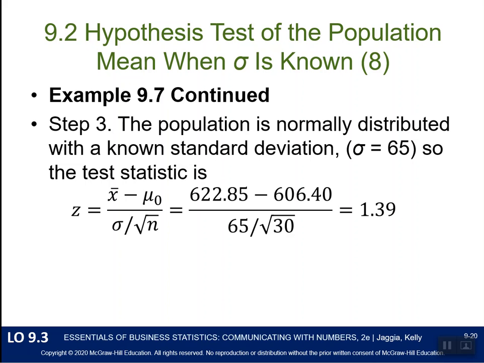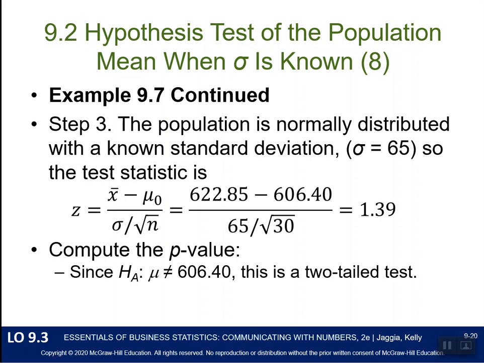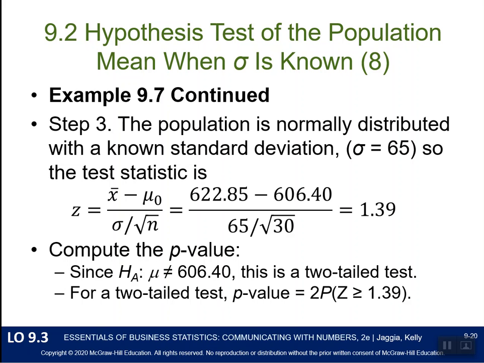Now before we jump over to Excel, let's take a look at something. Remember that this is a two-tailed test. So that means whatever value we calculate in Excel, we're going to have to multiply by 2 to calculate the value in both tails. So remember that our p-value test is, for a two-tailed test, we're calculating the probability that z is greater than 1.39. So in our formula, we're going to use 2 times, because remember it's a two-tailed test, and then we're going to say 1 minus the